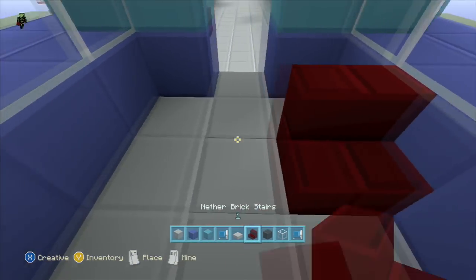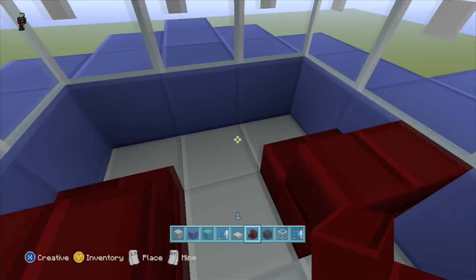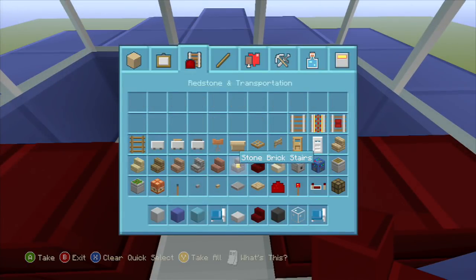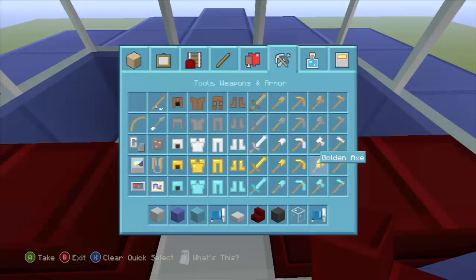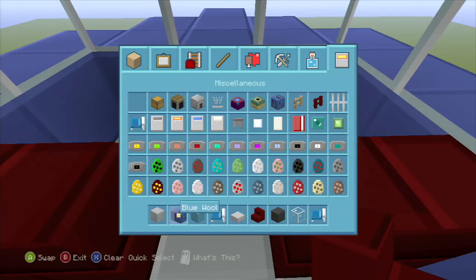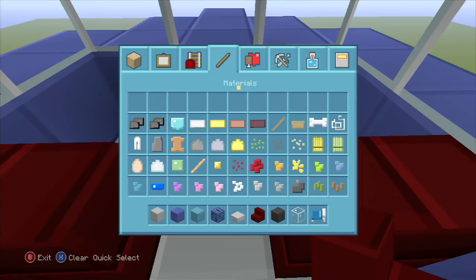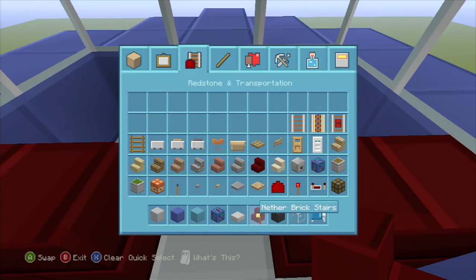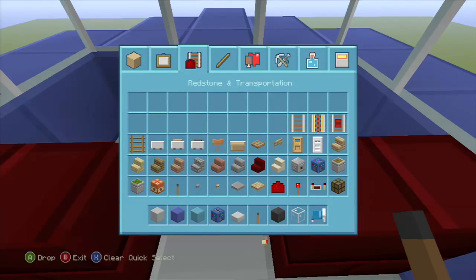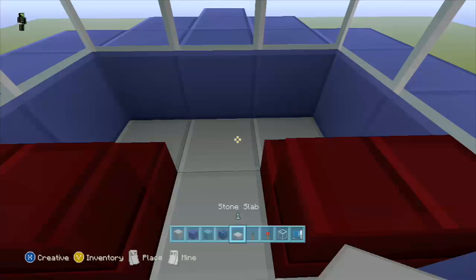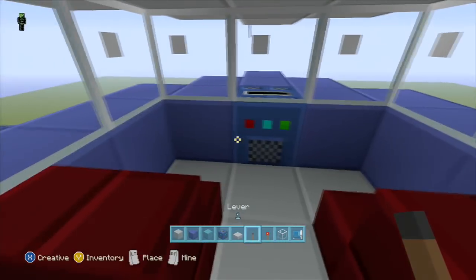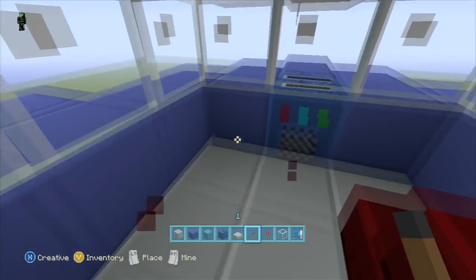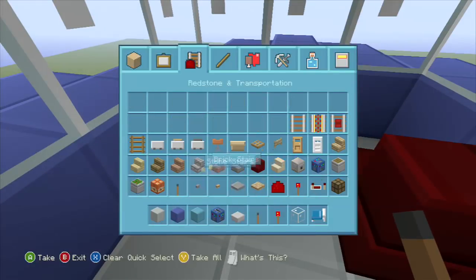And I just made the cockpit, you know, I just put some, being on plastic, I was able to use the, where's the jukebox? There it is. I put the jukebox in there and then put some levers up here. Actually, we need to get, yeah, pull those up too. Get you some redstone torches because I'm going to show you where to use those here in a minute. Oops, did I just knock that off? Yeah.